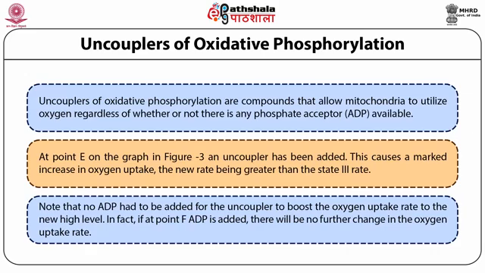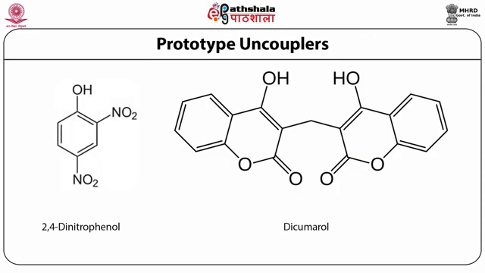A prototype uncoupler, 2,4-dinitrophenol, is a classic uncoupler of oxidative phosphorylation. It was once used as a weight loss drug but was discontinued because of its toxicity. Dicumarol and similar drugs are used clinically as anticoagulants. The closely related warfarin is also used as rat poison, mainly because of its anticoagulant action, but also because it